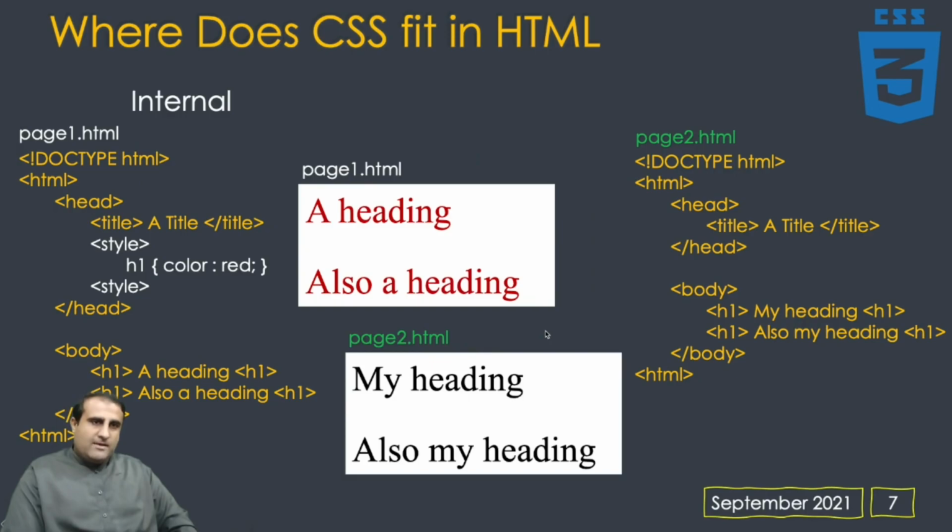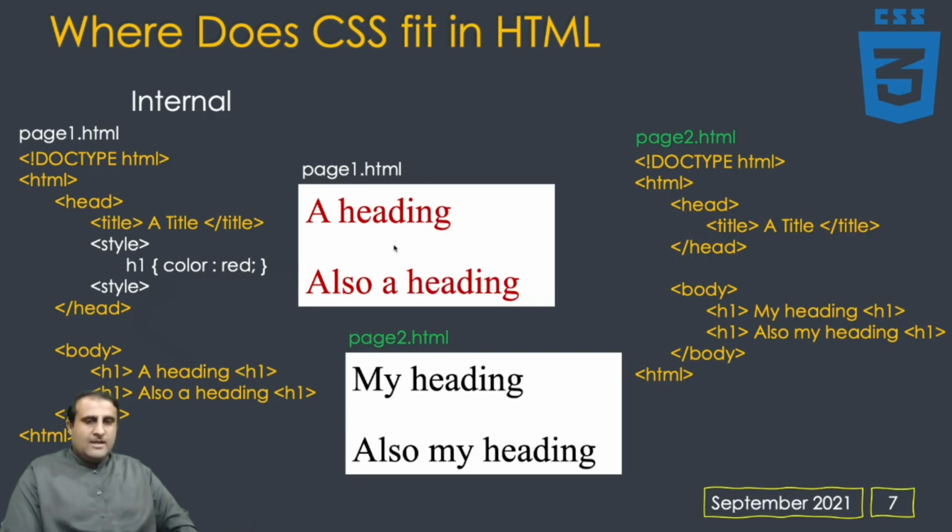Next we have internal CSS. What we mean by internal CSS is that it is internal to the page itself. For example, here we have page 1, and in page 1 we have the style tag, and in the style tag we have the CSS. Here we have h1 as a selector, color as a property, and red as the value for the property. So we see that in page 1 there are two headings, and each heading has the color red,